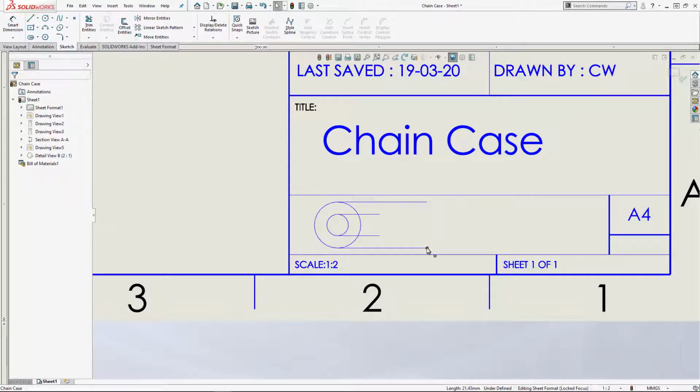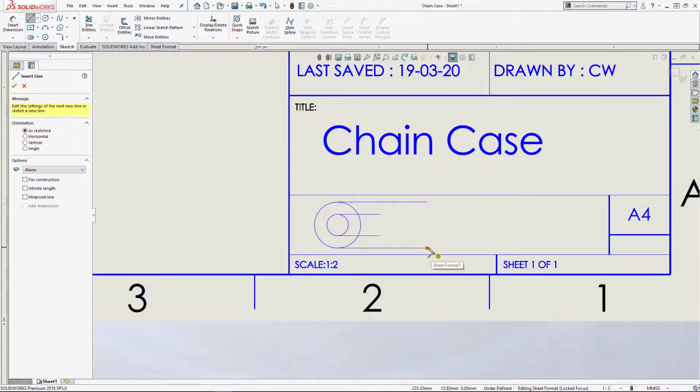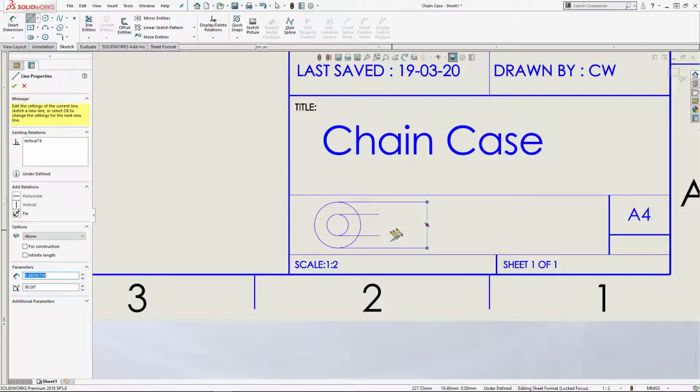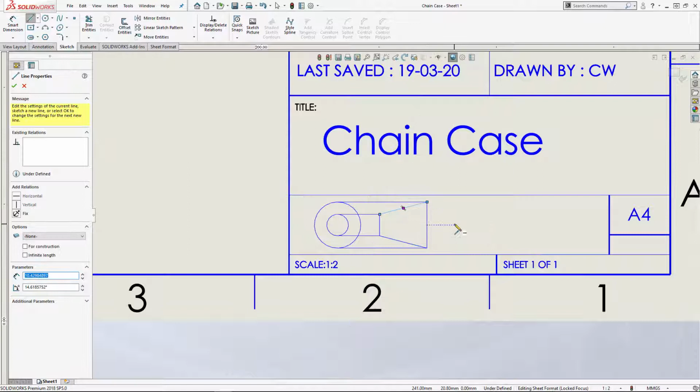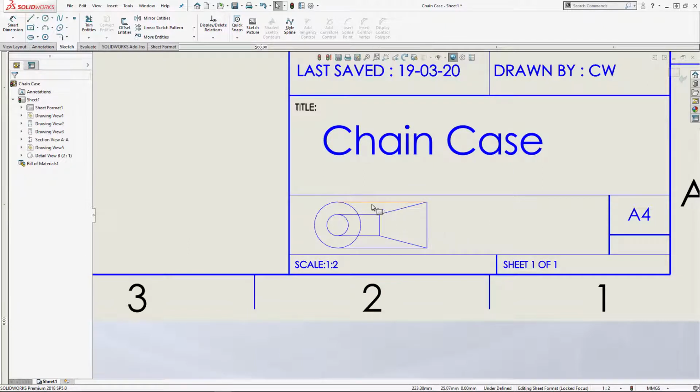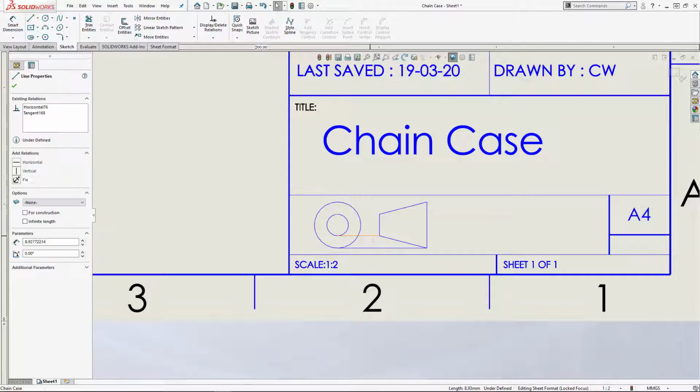So I'm going to join these two together with a line, and that will be the back of my cone, and then I'm going to join these two together with a line, and that will be the front of my cone, and then I'm going to join the two of them together like that, and that essentially forms the side view of my truncated cone. Then I can delete these lines, so if I get rid of these,